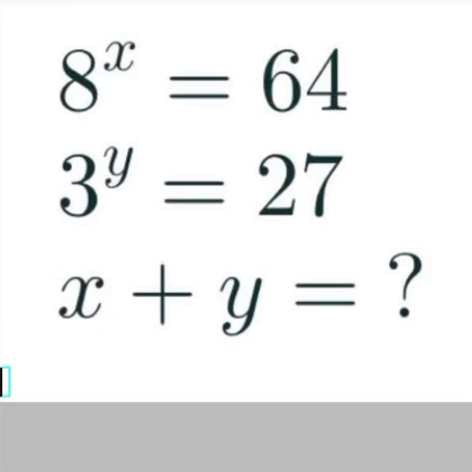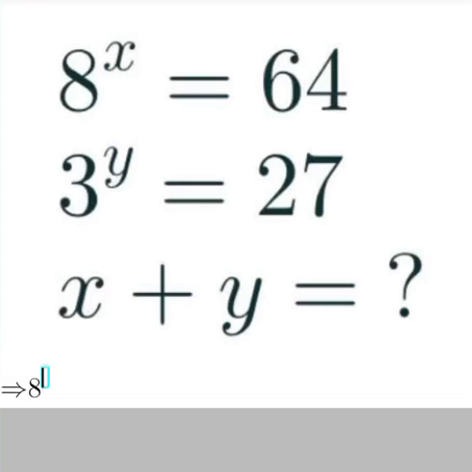In this video, I'm going to be solving this indices question. 8 to the power of x is equal to 64, and 3 to the power of y is equal to 27. Then x plus y is, we don't know the answer, but right now we're going to look for the answer using indices. So now we have 8 to the power of x is equal to, of course we know 64